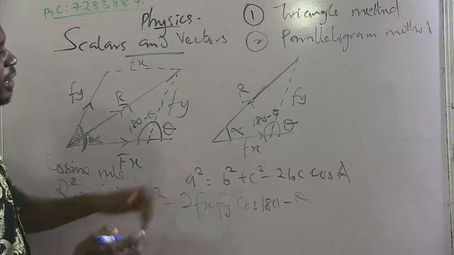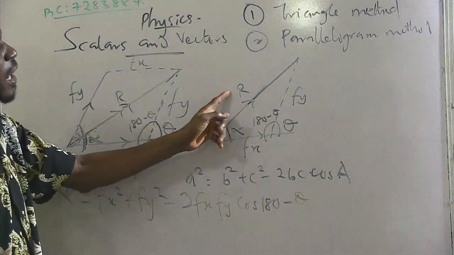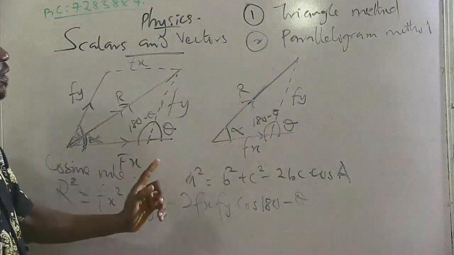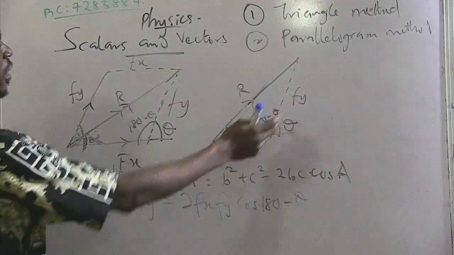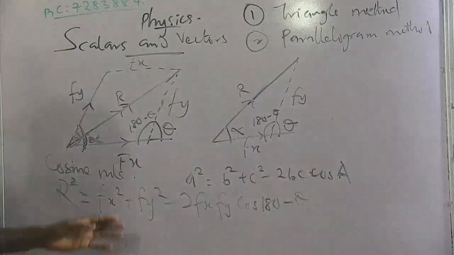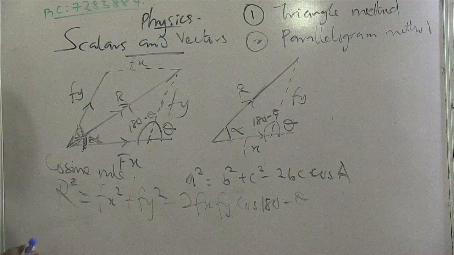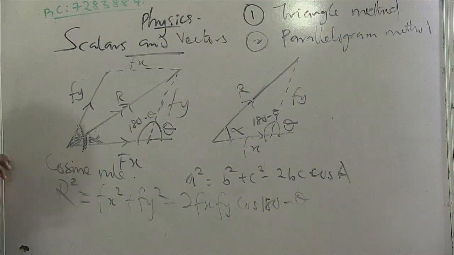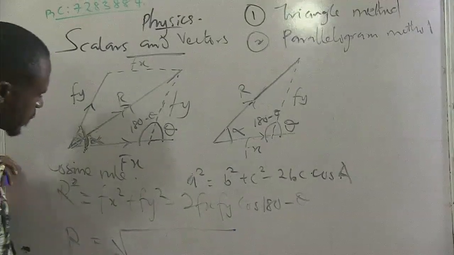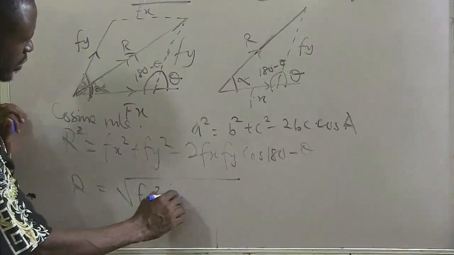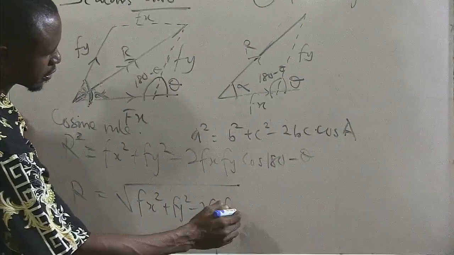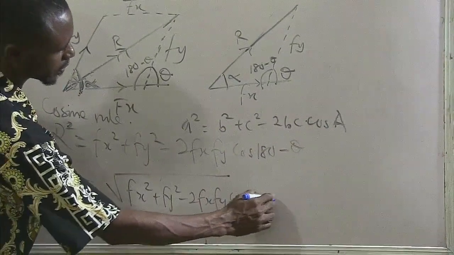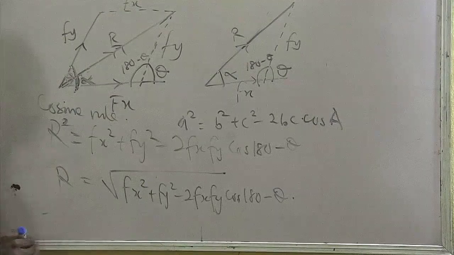Now you know that the opposite angle to R is 180 minus theta, and Fy and Fx are the components that we can use to fill in for the resultant. So at the end, R is equal to the square root of Fx squared plus Fy squared minus 2FxFy cos(180 minus theta). So with the help of this, we'll be able to get